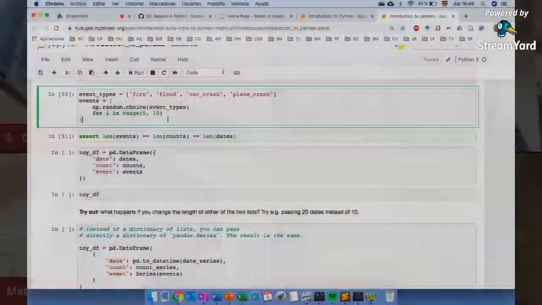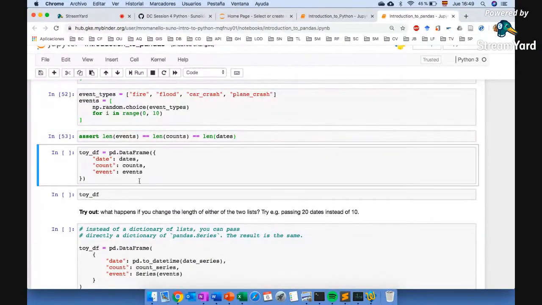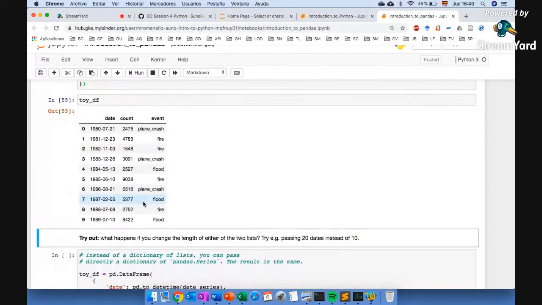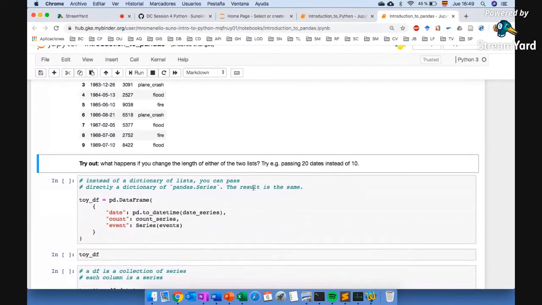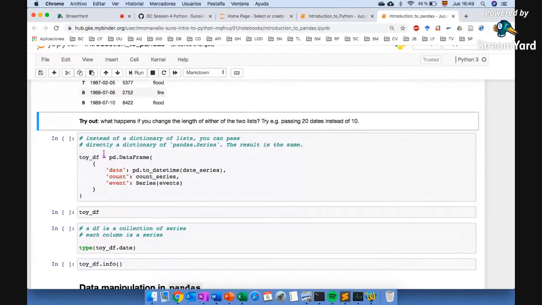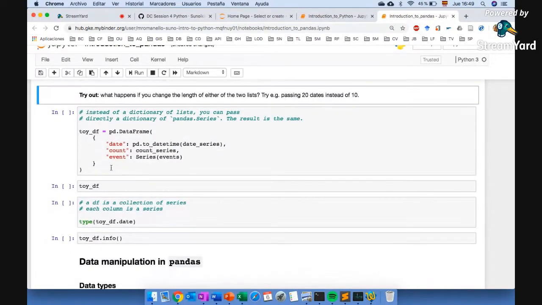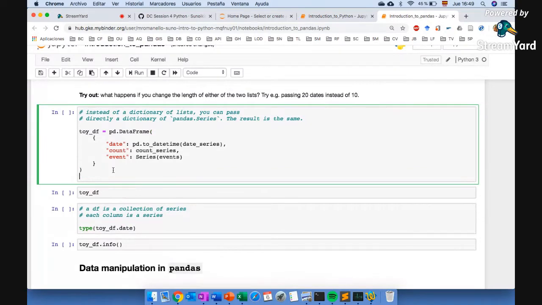Okay. Did I? Yes. And now here we are showing how the data frame looks, with the date, the count, and the type of event that we assigned. Here we are creating another data frame in the variable toidf, in which we are creating a dictionary with the keys and the values: the dates, the count, and the events. So if we print this